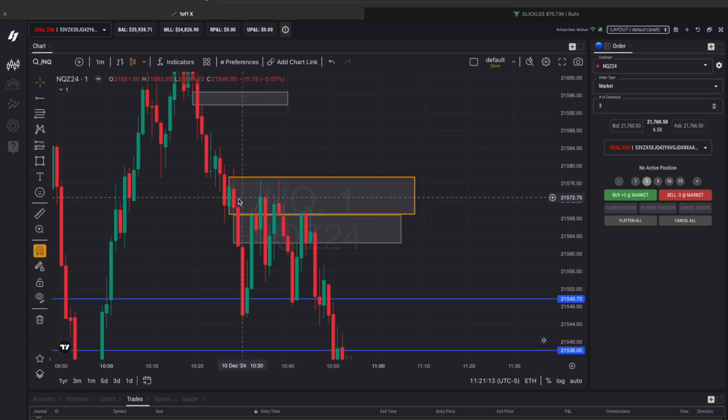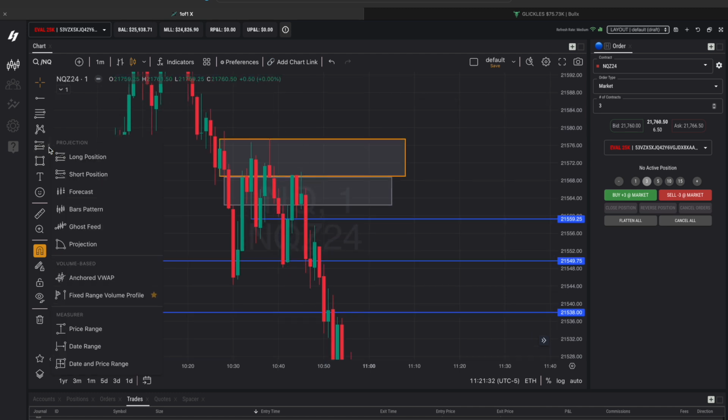Price actually pushes into there, gets rejections off of there, never really goes above there, never closes above it. We get rejections off, and then finally we get a break of structure. We have this low here. We get a break of structure right here. So